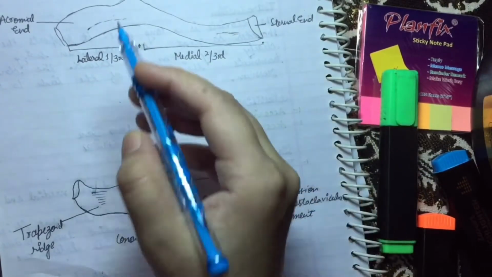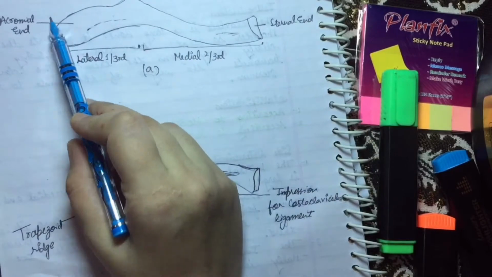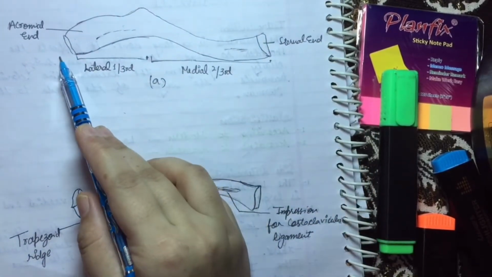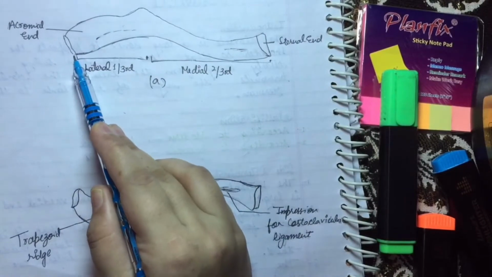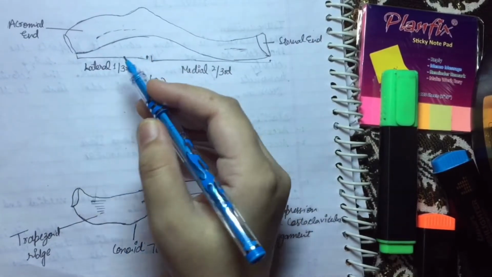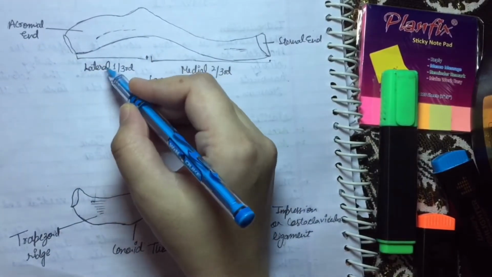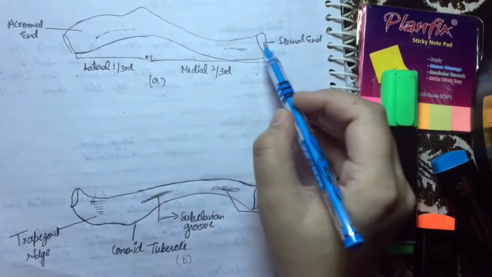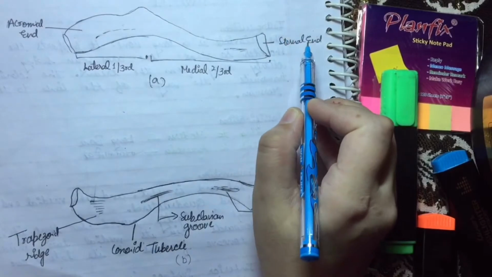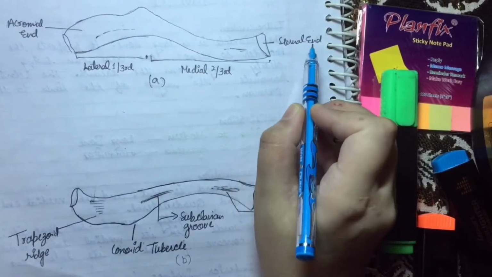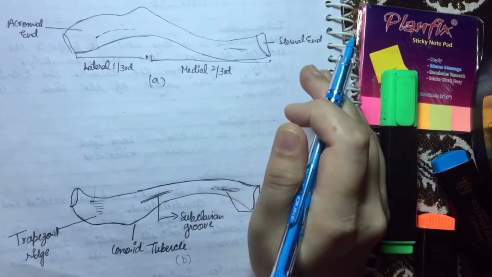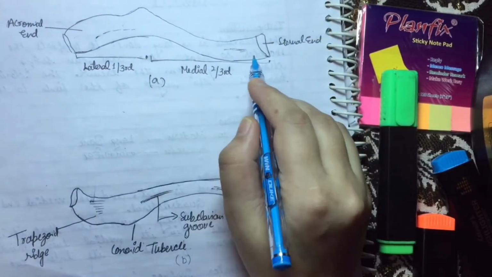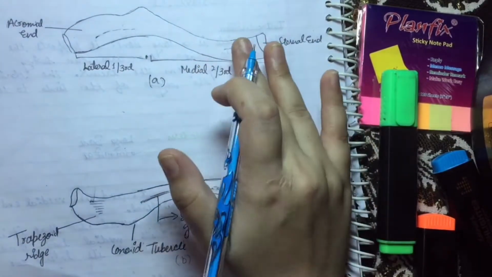So now we talk about its two ends. Firstly the acromial end and second the sternal end. The acromial end is flattened. It bears a small oval facet which articulates with the clavicular facet on the acromion process of the scapula, forming the acromioclavicular joint. And the sternal end is quadrangular and articulates with the clavicular notch of the manubrium sterni to form the sternoclavicular joint. The articular surface extends to the inferior aspect for articulation with the first costal cartilage.